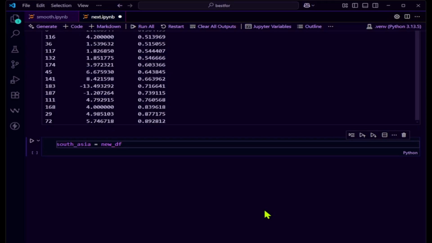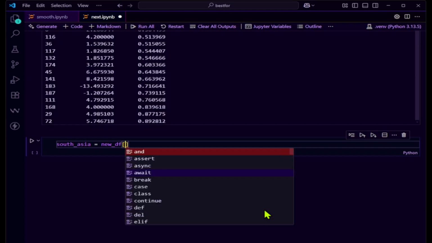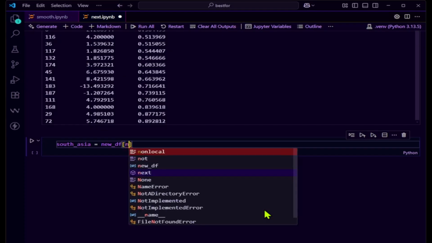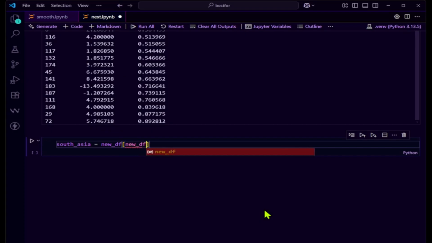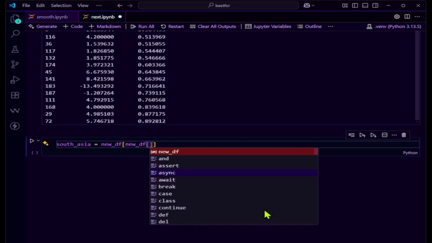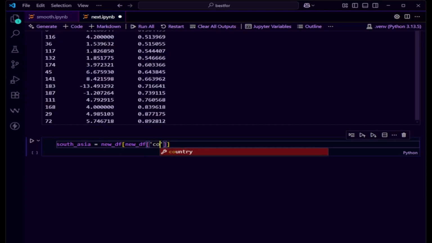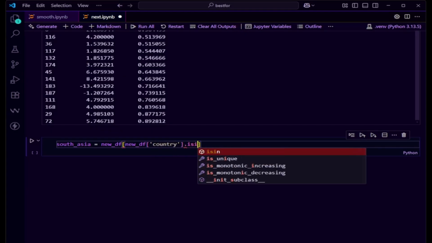Okay, and within that new DF, we're going to get the new DF country labels, new DF data columns. Okay, new DF country, new DF country. All right, country is in, that is in,